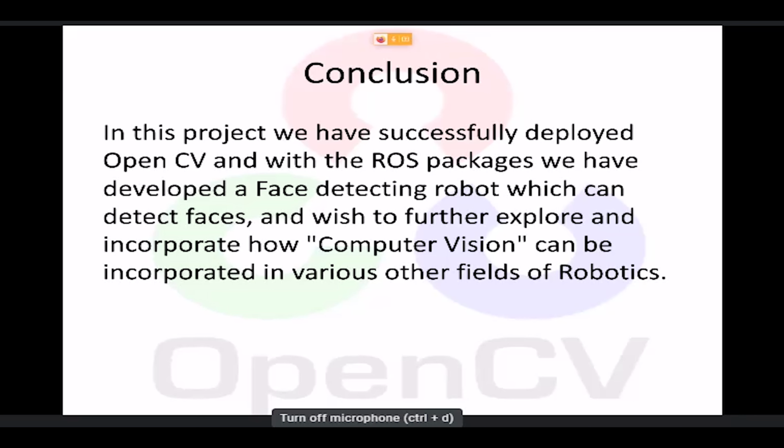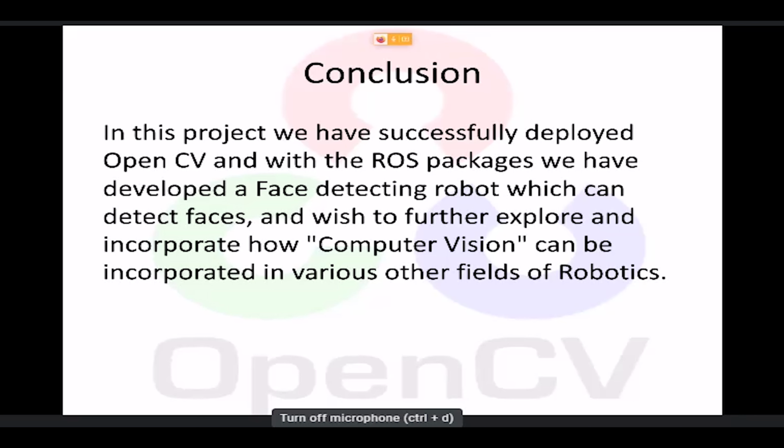Thank you, Divyansh, for that explanation of our project. Sir, that brings us to the end of this project. To sum up, we have explained what OpenCV is and how it has been helpful for us to build a face detecting robot. This is just the beginning of how we can build these things, and the opportunities and usability of these things in the real world are so much more.